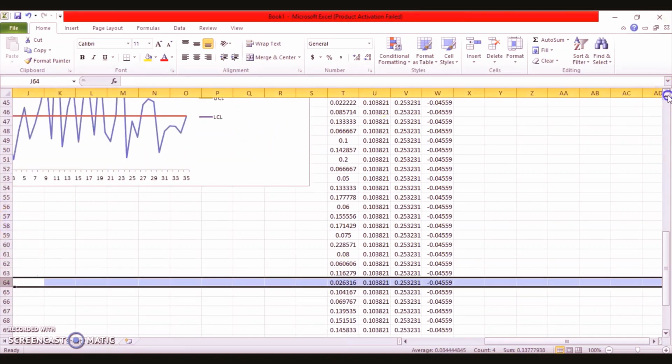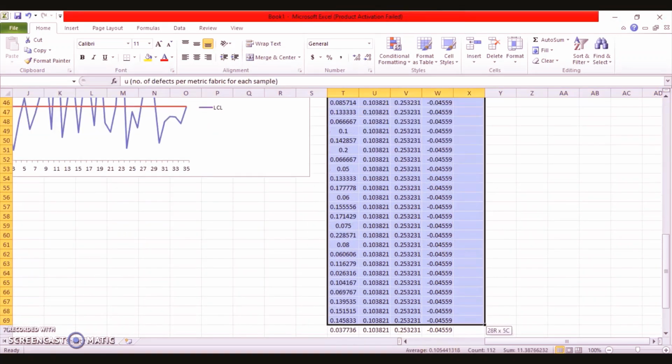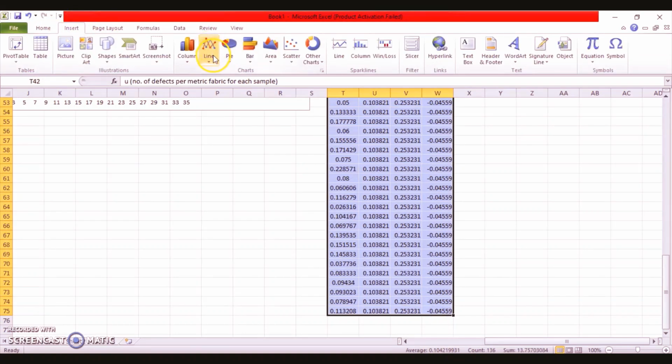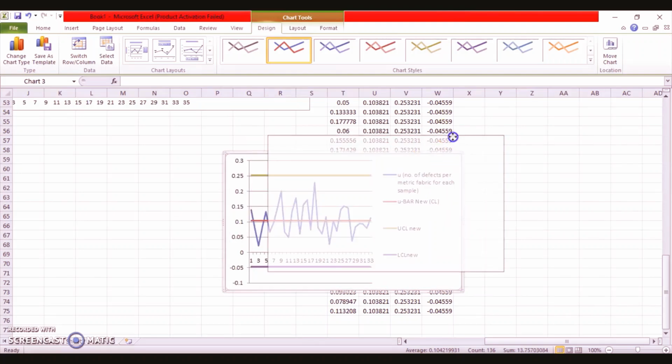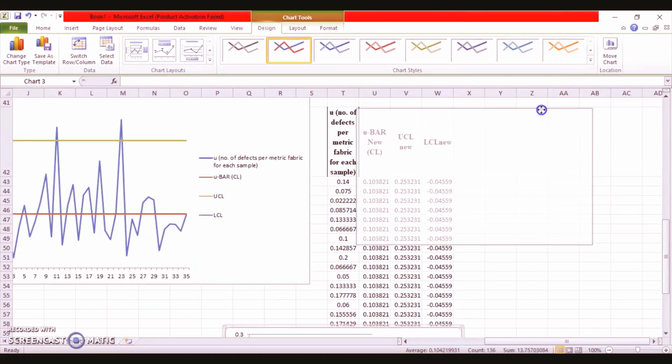So it is very easy, very convenient to do it here separately. I'll just select the 4 values here, then I'll go to the insert option, select line graph, and here it is. I'll just expand this. Just dragging it here.